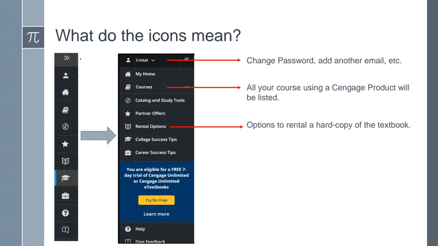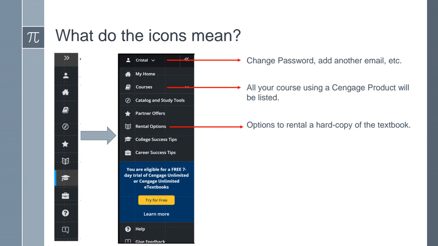That's where you can change your passwords, under your name. Under courses, you will find all the courses that are part of the Cengage products. You can be taking several classes that use Cengage, and all of them will be found under this one tab. And then the one that we want to go over is the rental options tab.